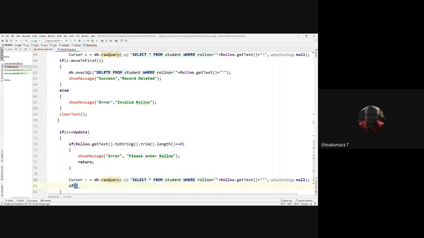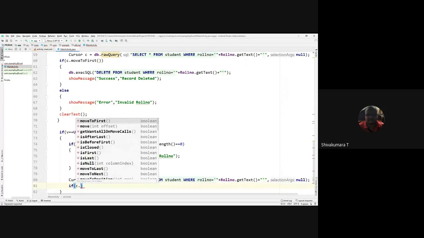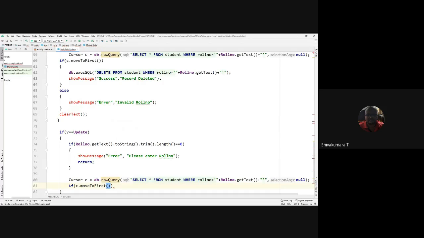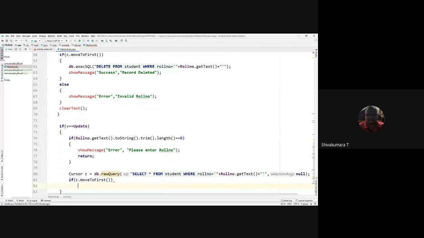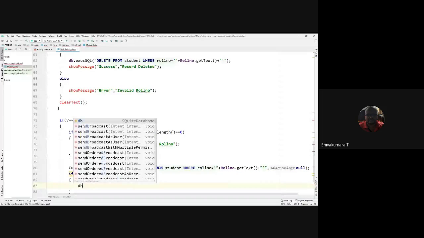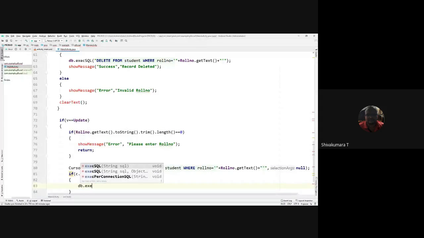If C dot moveToFirst, database dot execSQL,